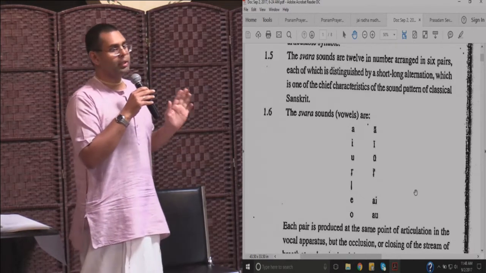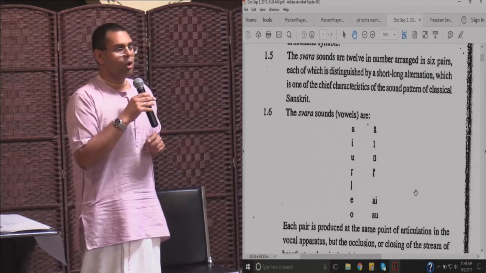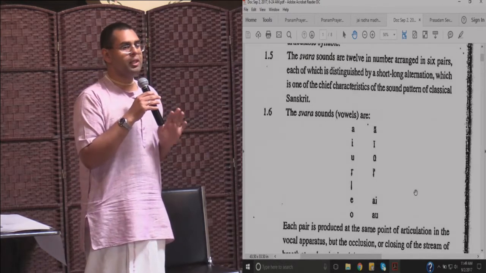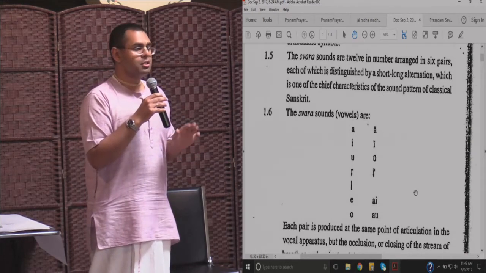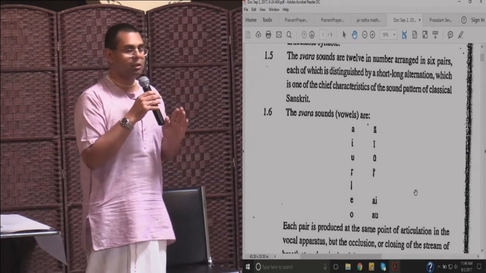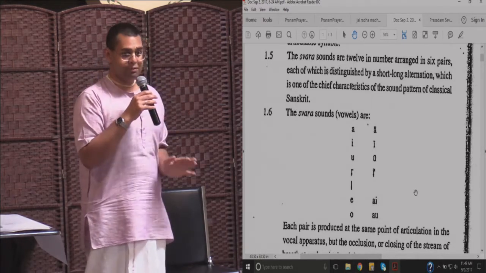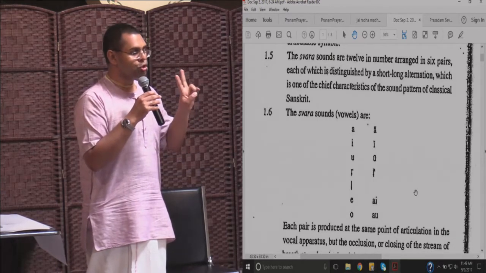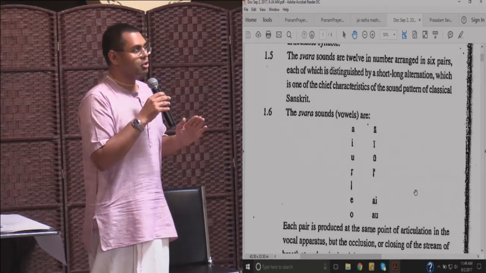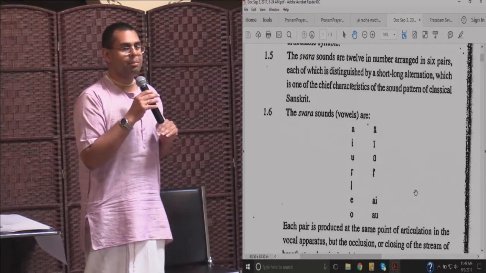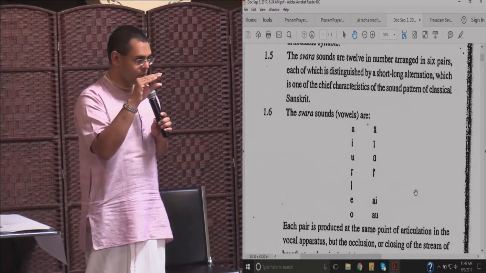E, ai, o, and au. Okay? Knowing the difference between short and long is crucial because, as we'll see when we go to recite verses, one of the simplest and most effective things we can do to make our pronunciation of words and verses better is to pay attention to the difference between short and long sounds. And when you get a long sound, exaggerate the difference. The long sound is supposed to be 2 times as long, 2 matras, 2 times as long as the short ones. And so many problems happen in our rhythm and in our pronunciation of verses when we ignore the difference